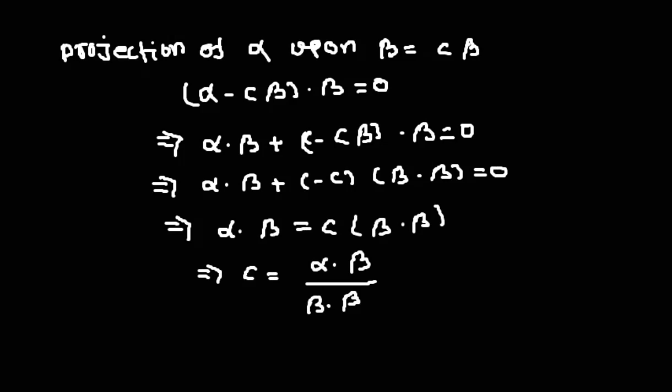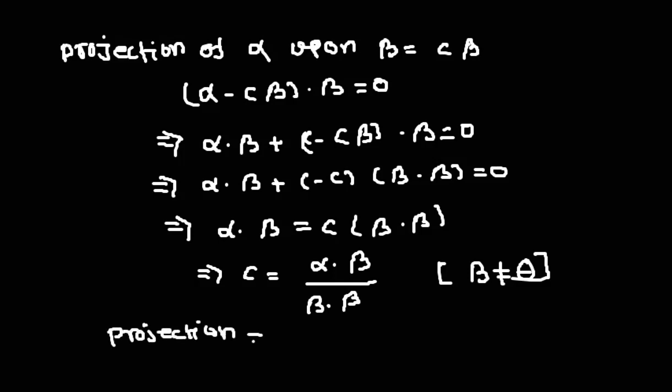So you can see that we cannot take the projection of a vector upon a zero vector. Otherwise, we cannot define the value of c. So obviously, we are taking it in such a way that beta is not equal to the zero vector. Let me write down, the zero vector is theta. So we can take the projection of a vector upon any non-zero vector, and the projection vector will be